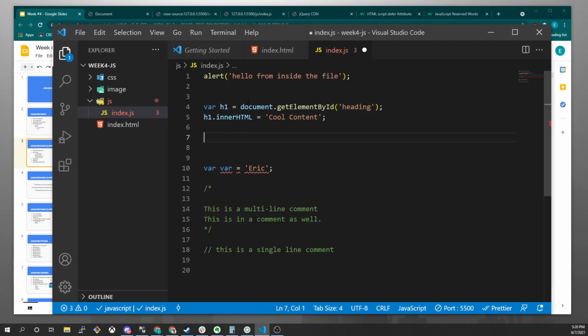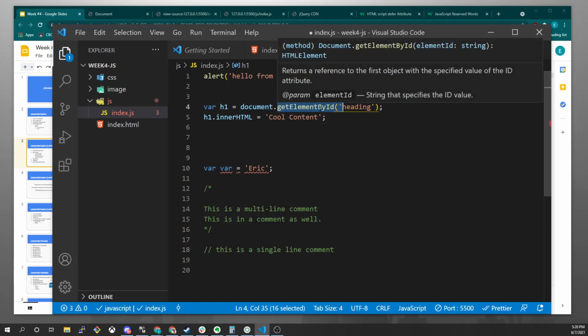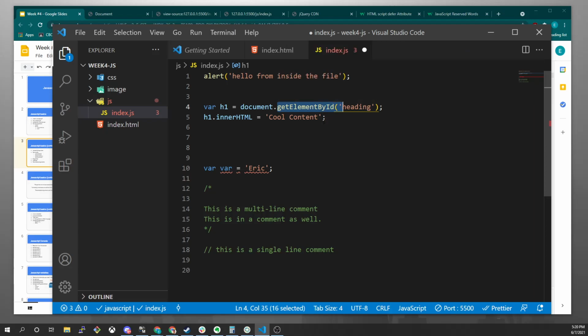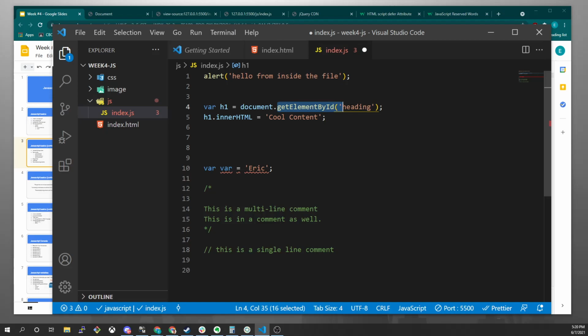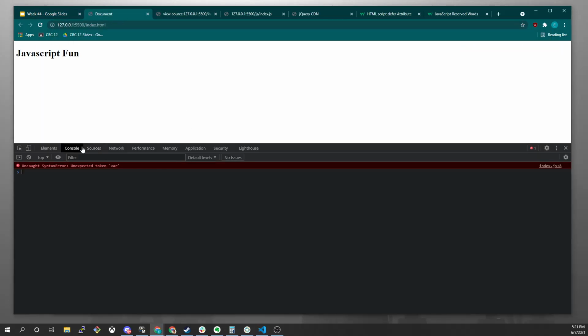And then the other thing where we have this parentheses here, getElementById is a property of this document object, but it's a special type of property in that it is a function. It is expecting some arguments, and it is going to do some code and provide a return to us. So in this specific example, document.getElementById, this method is returning a reference to this h1 object. We can easily show this off inside of our